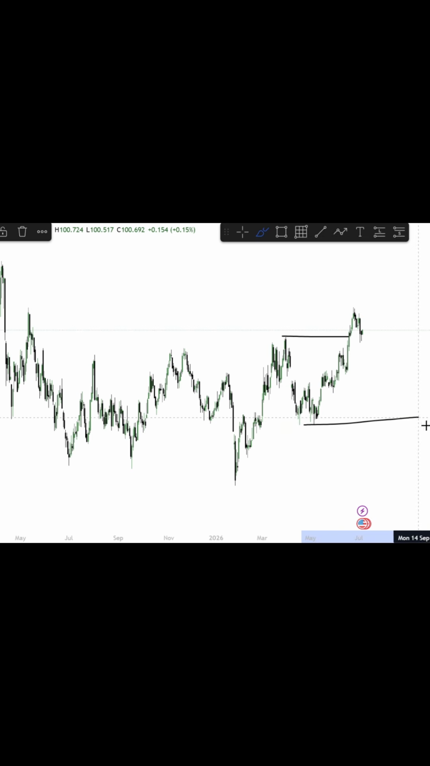And what do we expect after a break of structure? We expect a pullback. And where do we expect the pullback to go to? Liquidity, which would be this point here or this point here, where you could then look for that next upside move. If we go down onto the 4-hour time frame,